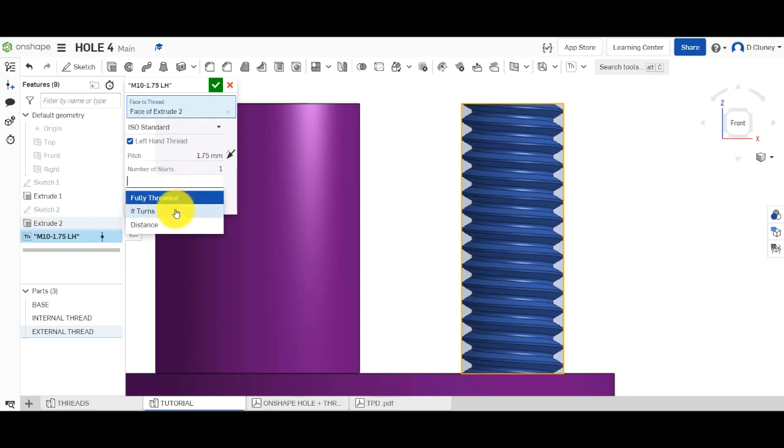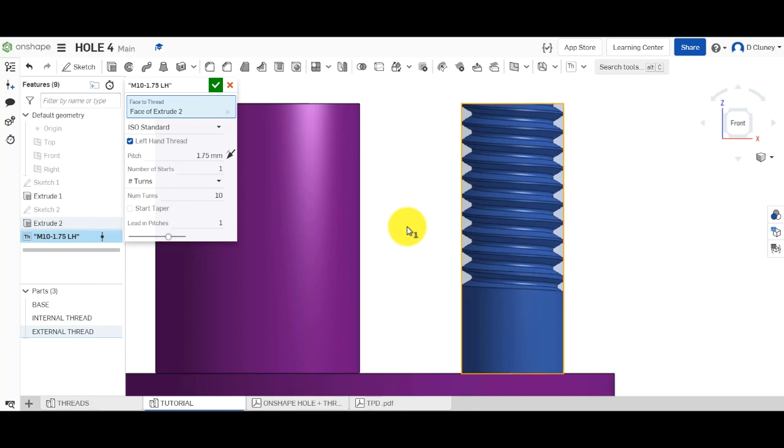If you choose, say, number of turns, you can decide on, for example, 10 of that pitch, and you click and it will update. It's got quite a bit to think about. There you go. So it's looking at the 1.75 and it's looking at the overall diameter, and it's creating 10 turns of that. You could get distance,